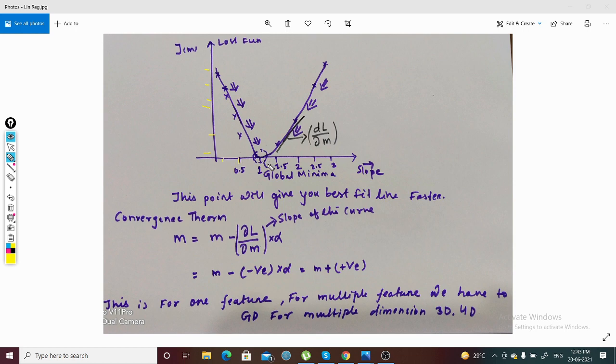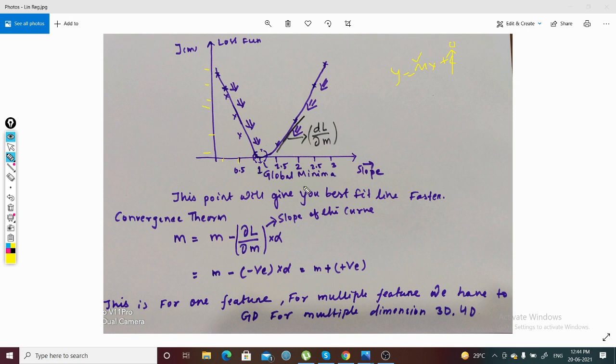Supposedly we need the best slope or best coefficient. If we get the best coefficient values, we can draw the straight line using the formula y is equal to mx plus c. As we have taken the example where the intercept c is 0, here we are getting all the slope values, all the coefficient values. If you get the coefficient value, we can get the straight line, right?